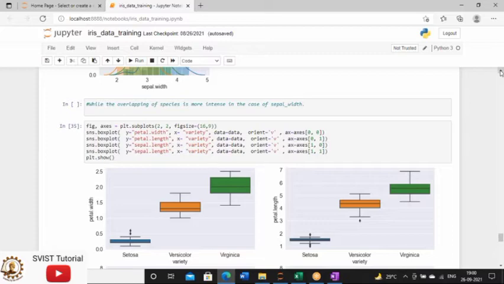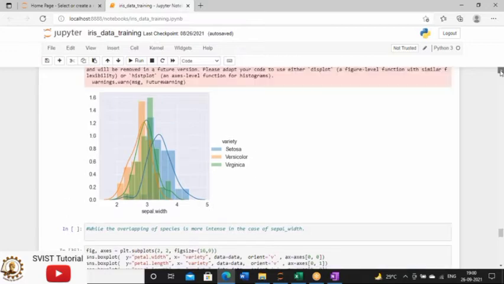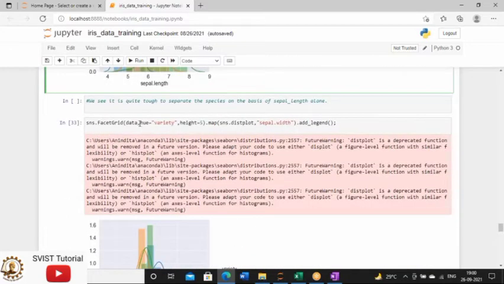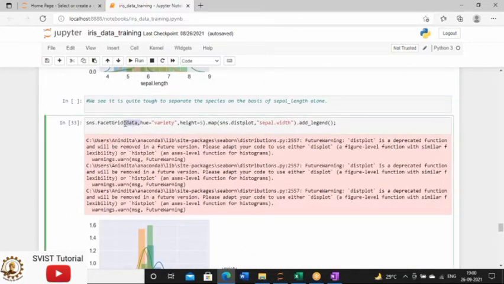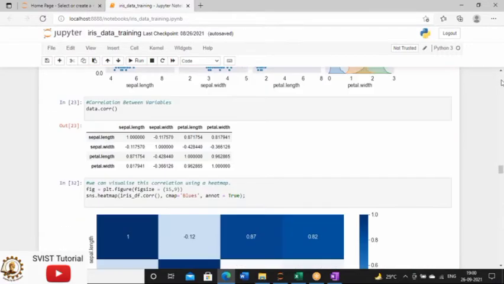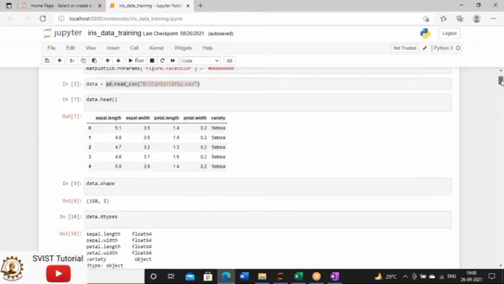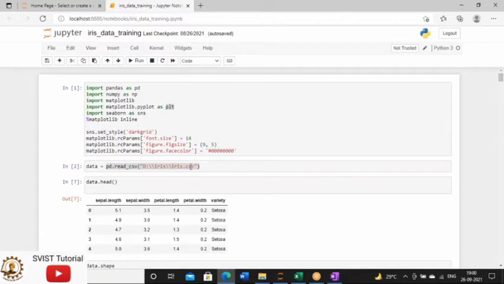This plot is known as a box plot. There is a warning over there. This is due to the mismatch of the data set name. Actually, what I did with the data frame name is I am just reading the data from over here. Don't worry about this warning. But I have already tried, I will show it to you.